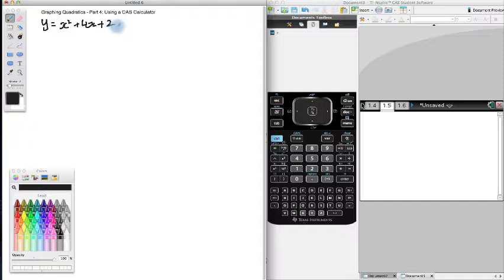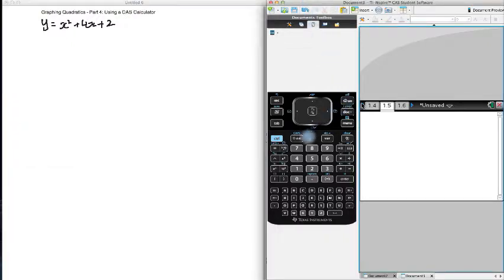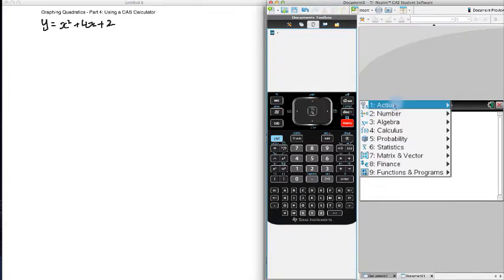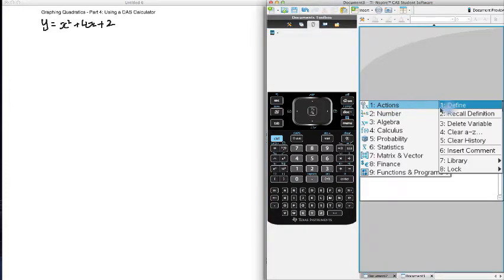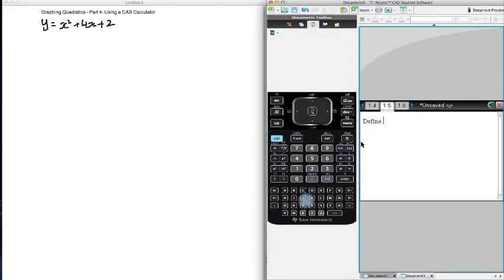Obviously it's plus 2, but just for the sake of fun, if your equation was something more difficult, I want to show you how to do that as well. So open up a calculator page, and first thing we're going to do is define our equation so that we can use it again and again for different things. So we're going to define,